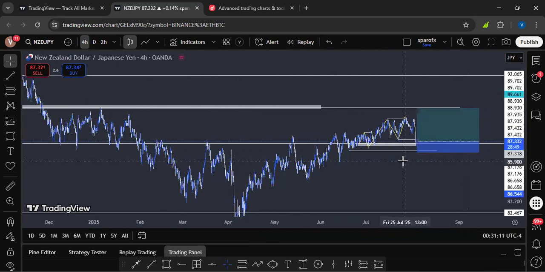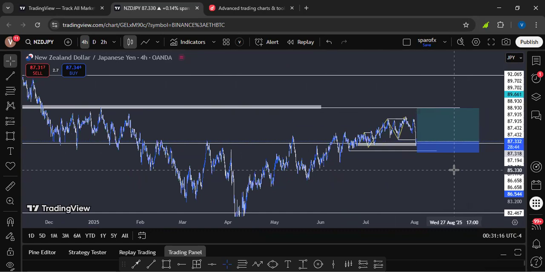So that is basically my price projection on NZDJPY, coupled with key levels, allowing you to trade with the key levels. So I hope this video